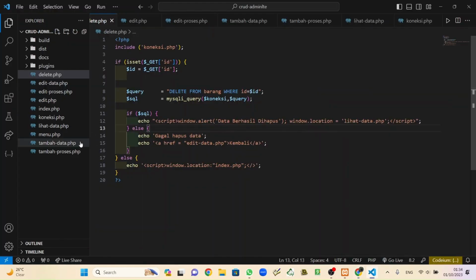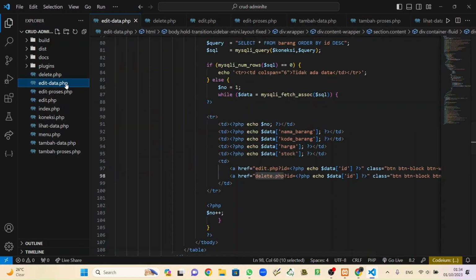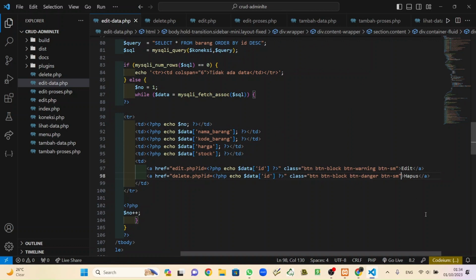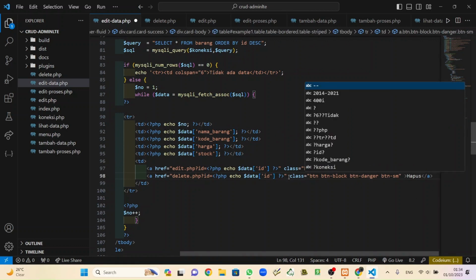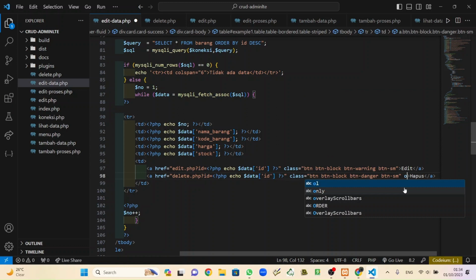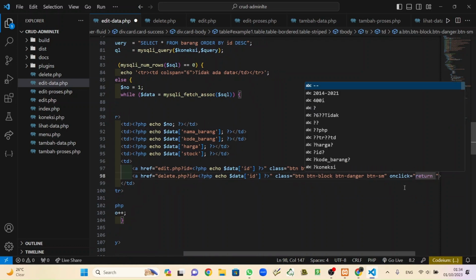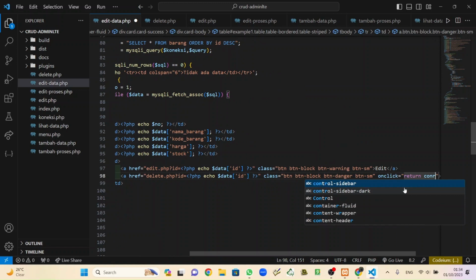So back to the VS Code, and then add, I forgot, add edit data. Okay, add this line here, outside the class, after the class, add the onclick attribute, and then return, so that it will return a confirm message.